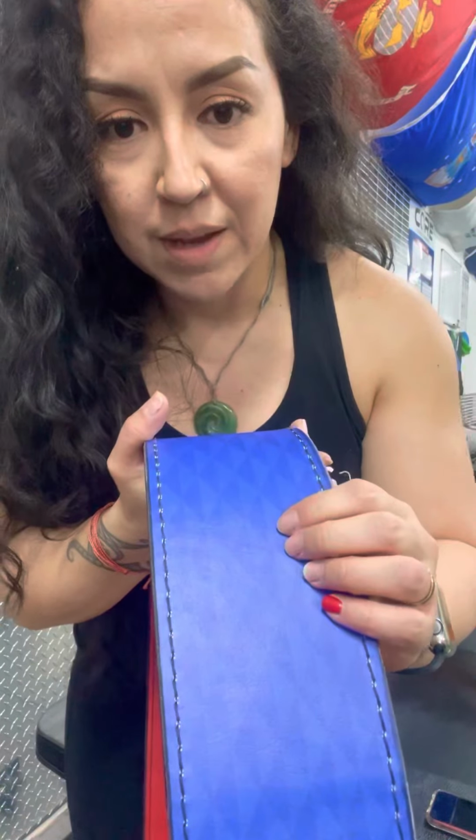So I got the 4-inch, I got the 3-inch standard size for competing. So it's all within the legal verbiage for USPA, USAPL, almost every other federation. I got a vinyl outside, which I love. It's this vinyl material that has this triangle pattern